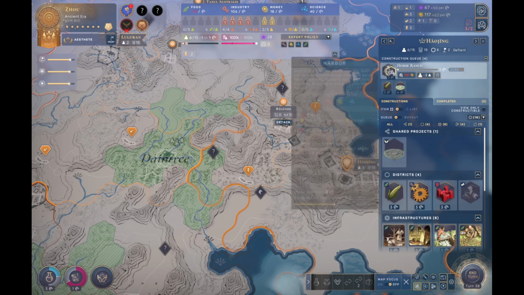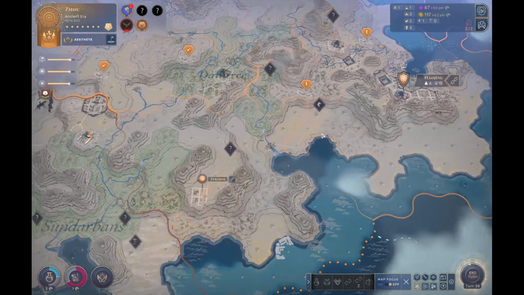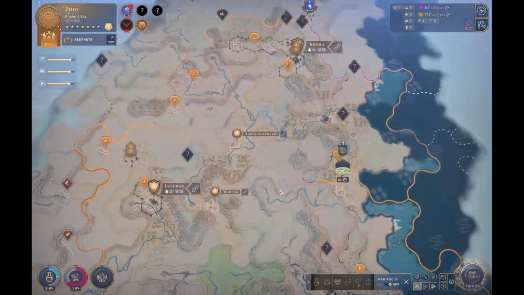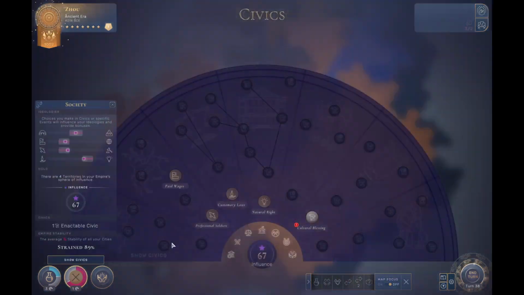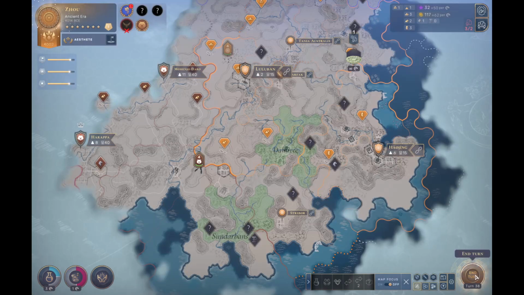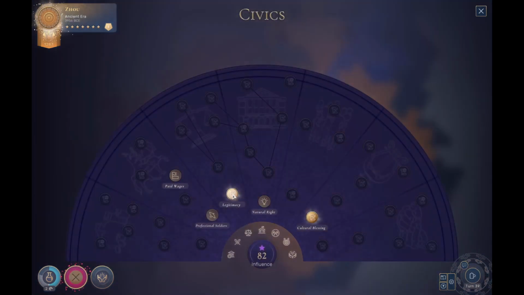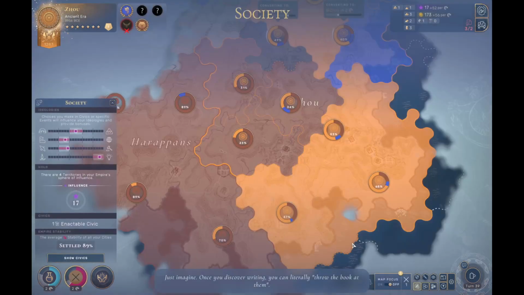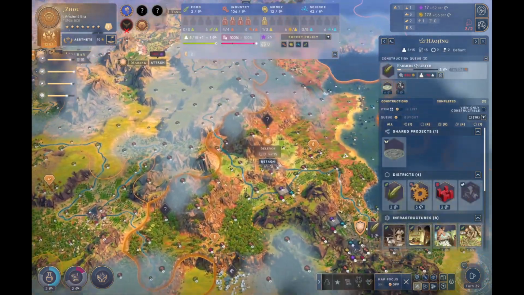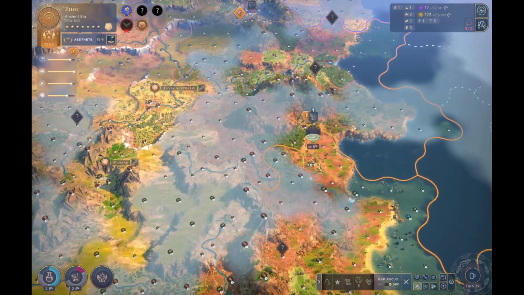How much for the horses? Okay, a little bit too much to get the horses hooked up. Wait another turn, we should be able to do that. We're not going to be making many more outposts, so what I could do is I could change customary laws. We could reenact that for attach, which is going to be more efficient, so we're going to do that. Just imagine, once you discover writing, you can literally throw the book at